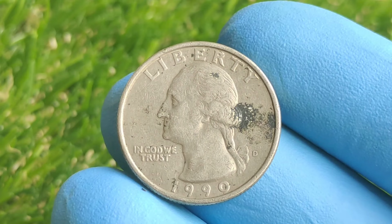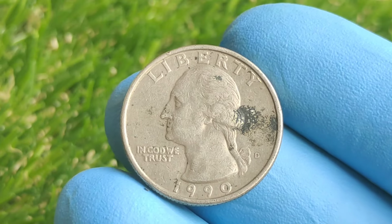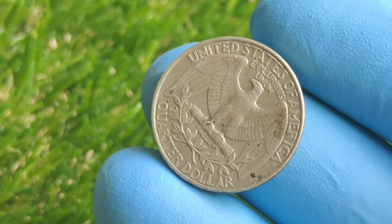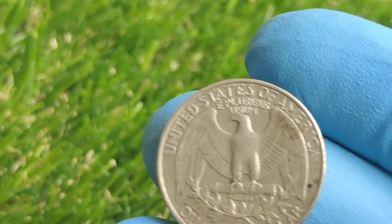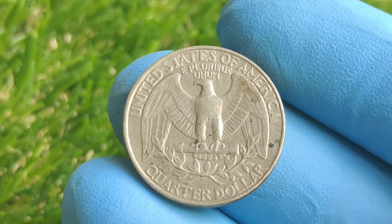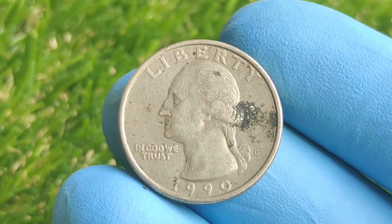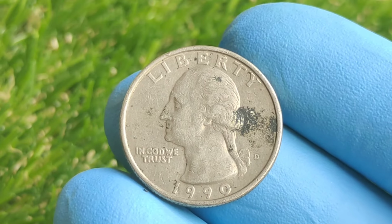1990D quarter lay unnoticed in a private collection, misattributed as a simple off-center strike, and stored away without much thought until one day it was brought into the hands of an expert numismatist for appraisal, and that's when the true value began to emerge as layer upon layer of error was identified, verified, and authenticated through rigorous tests including die analysis, metallurgical study, and provenance tracing, eventually leading to its historic auction, where a bidding war broke out between major